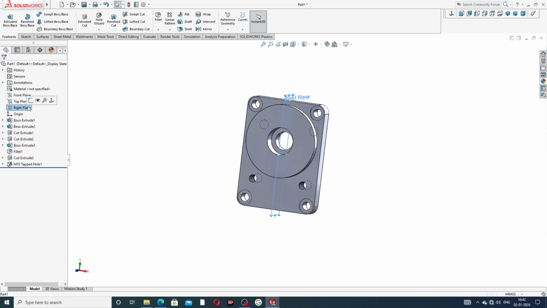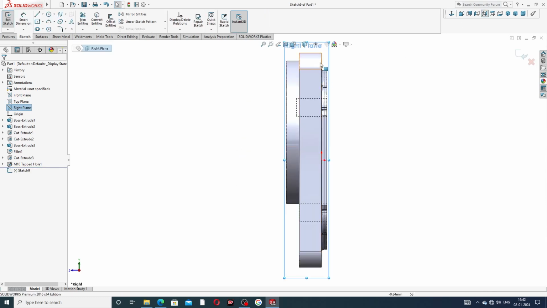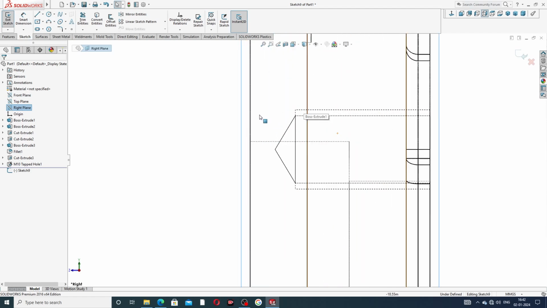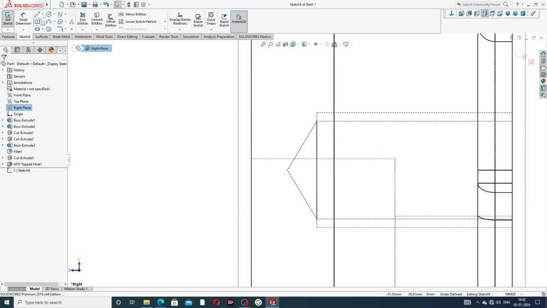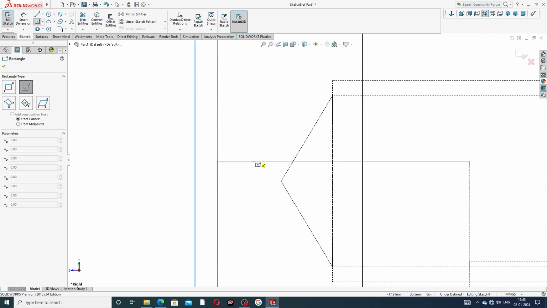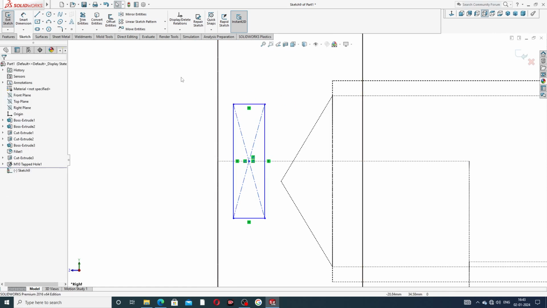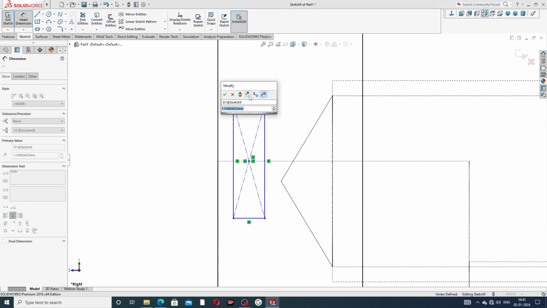Some use a right plane and a sketch normal, and use some important point. This is a... okay, and drawing a center line, drawing a center rectangle. This point, draw a center rectangle, and this is a hole cutout, and this is a